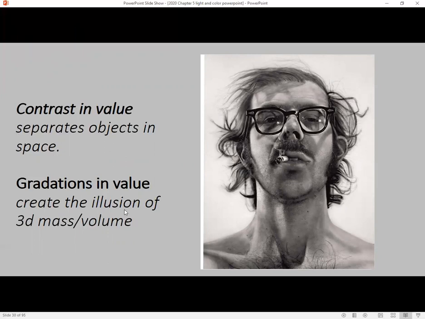And the less light that's hitting the surface, the more in shadow it becomes. And you don't abruptly go from light to dark in this case. You gradually go from light to dark in order to show how the light is hitting that surface less and less as we move away from the light. So contrast in value separates objects in space, and gradations in value mimic how much or how little light is hitting something, and help to create the illusion of three-dimensional